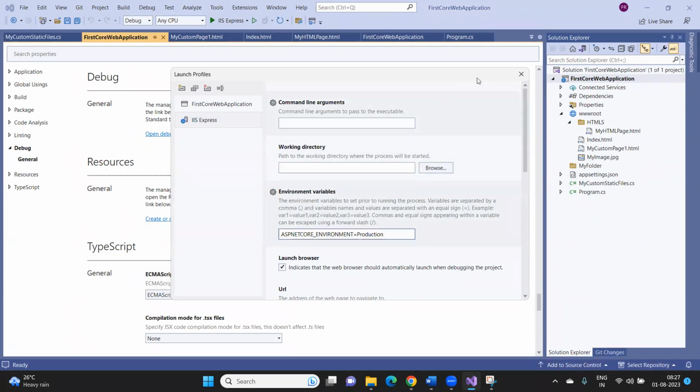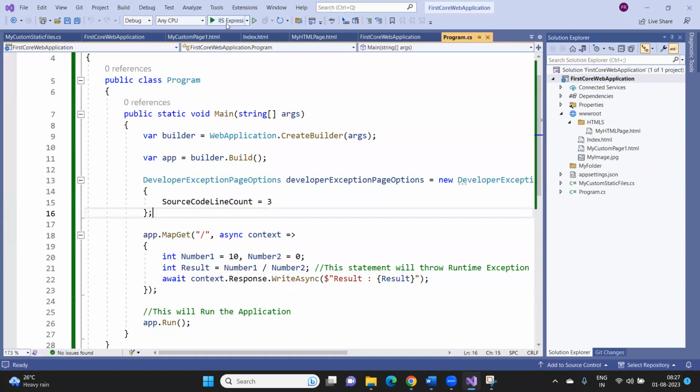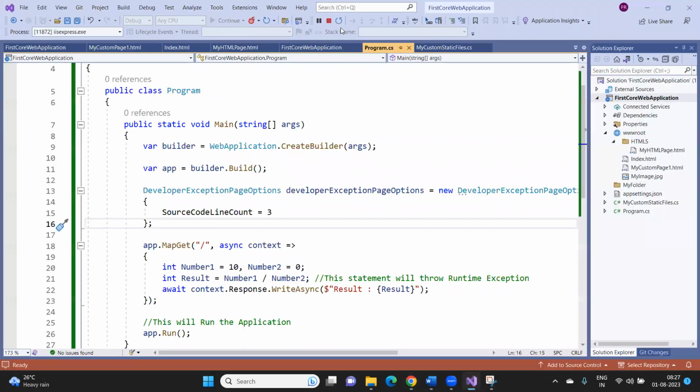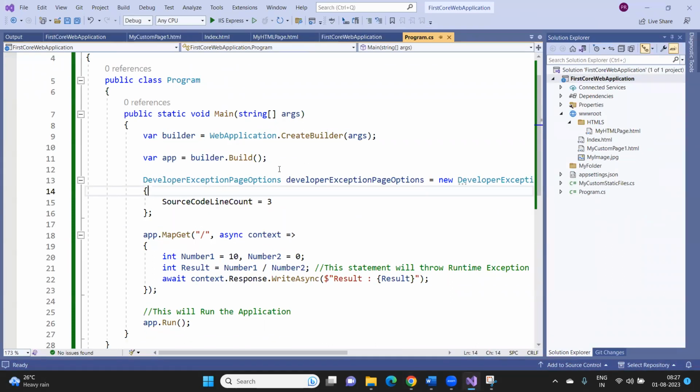So this is the production environment. By default, if you run this application right now, you will not get any exception information, right? But I want that exception to be displayed. So for that purpose, what we need to do is,